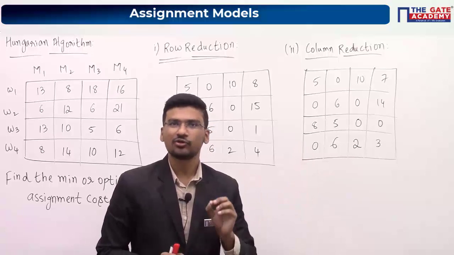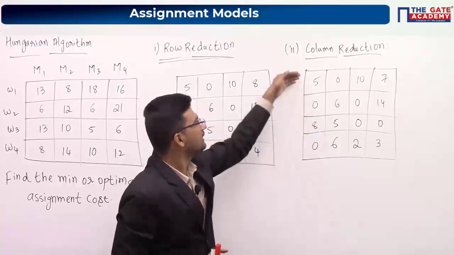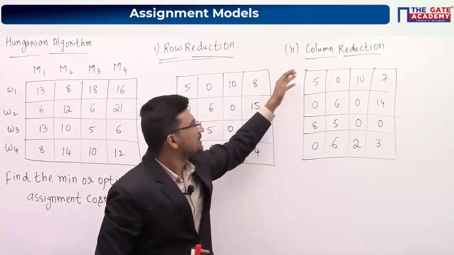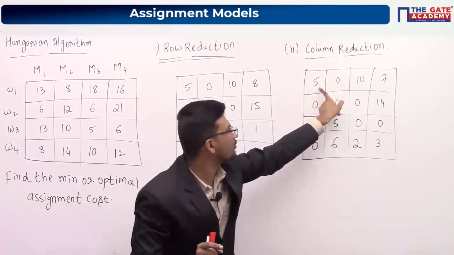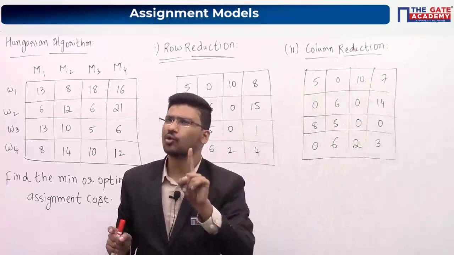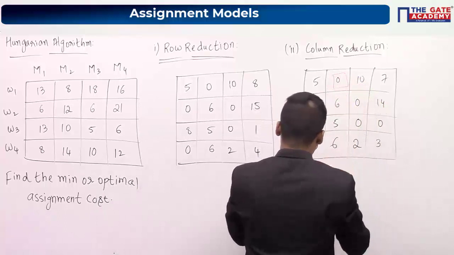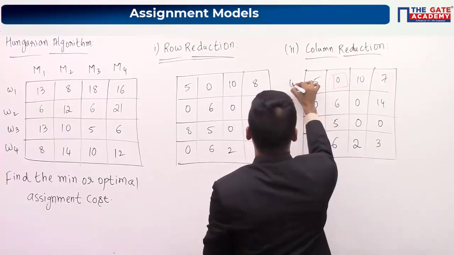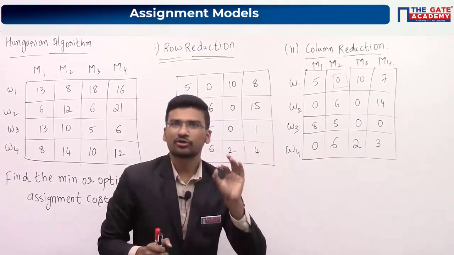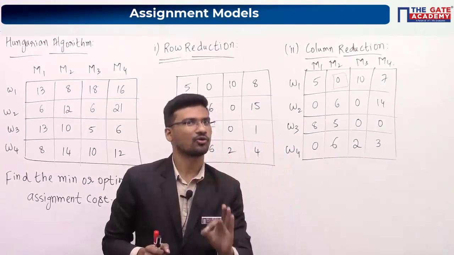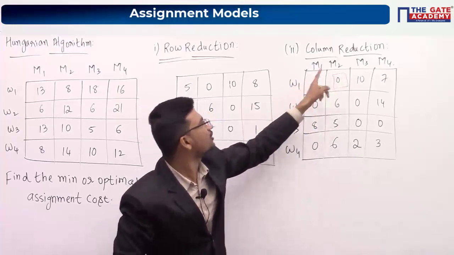Now what you have to do is, you have to look for single zero rows first. Single zero rows in this particular column reduction matrix. So observe, is there any single zero row available? So this first row, it is single zero row. That means in this particular row you are having only 1 zero. Now assign here. Now the meaning of assignment is, you are assigning worker 1 to machine 2. What is first step? You have to go to the single zero row and assign here. Okay. That means you are assigning worker 1 to machine 2.